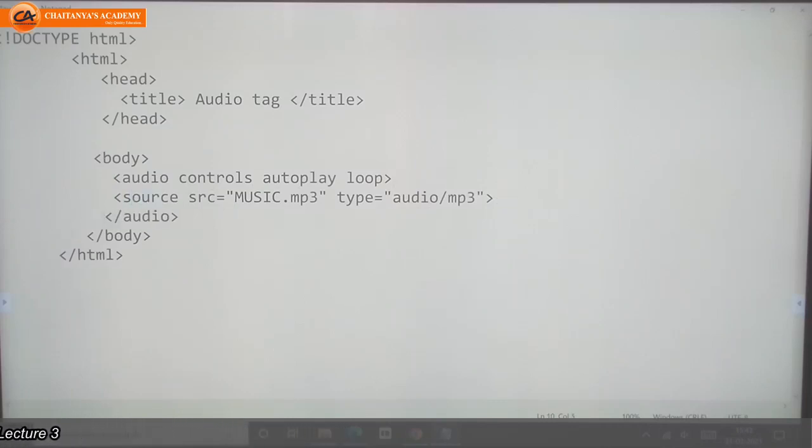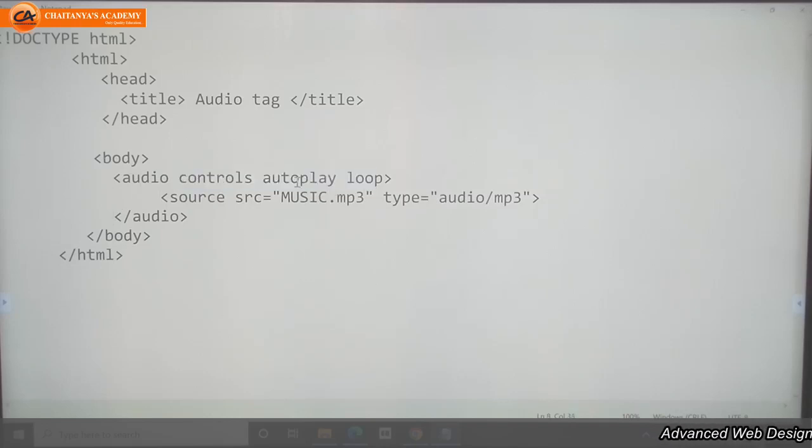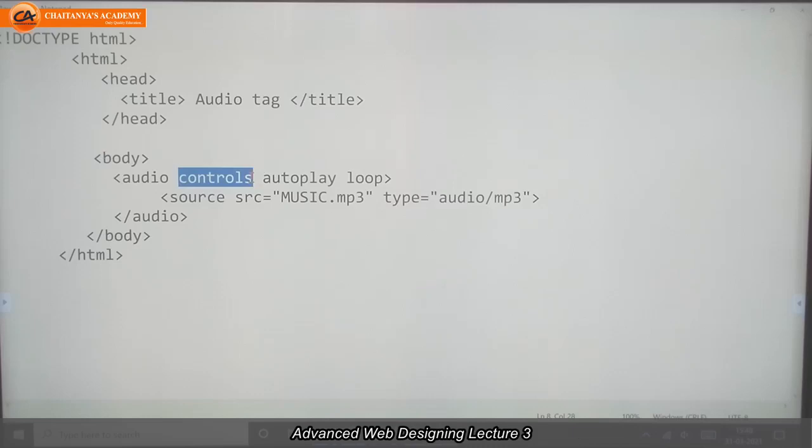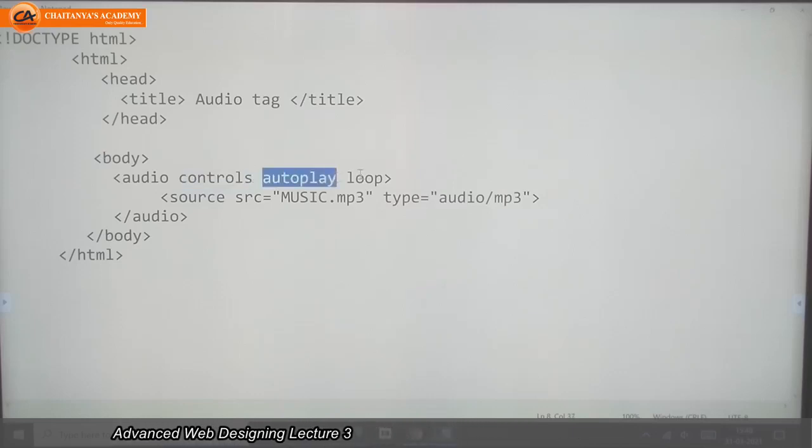The audio tag has three attributes: controls, autoplay, loop. Controls means what, autoplay means what, and loop means what? We will see. First we will check the output.